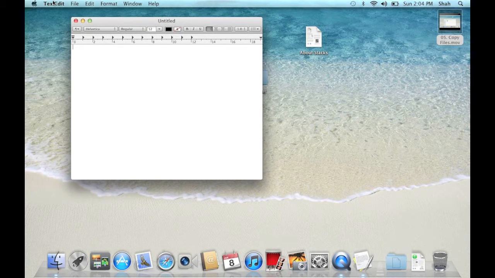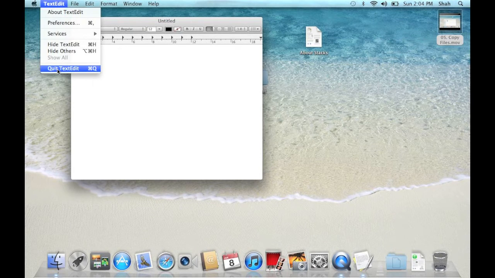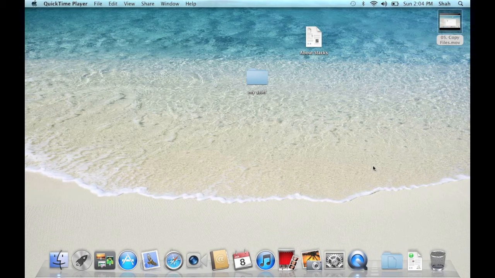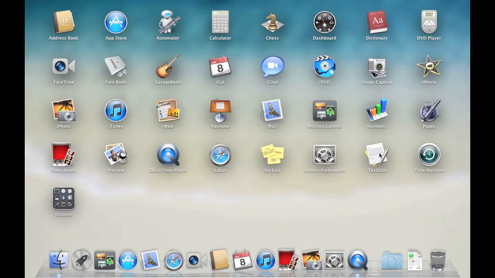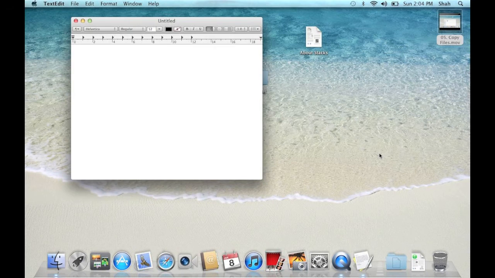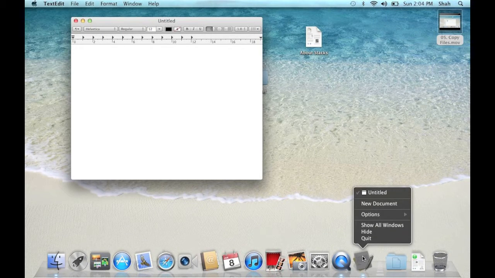If I quit Text Edit, the icon in the dock disappears. If you right-click on Text Edit, you will see a menu.